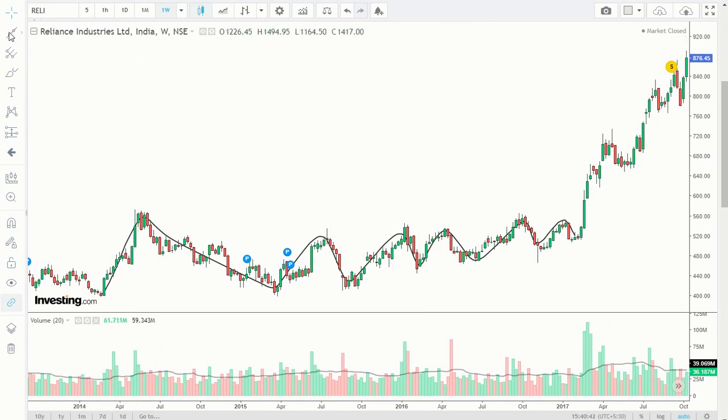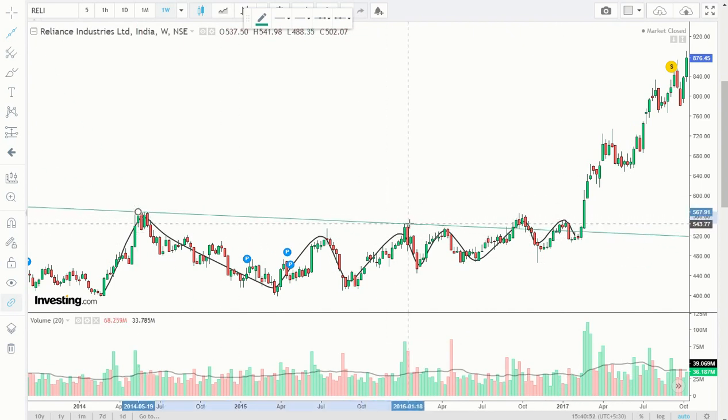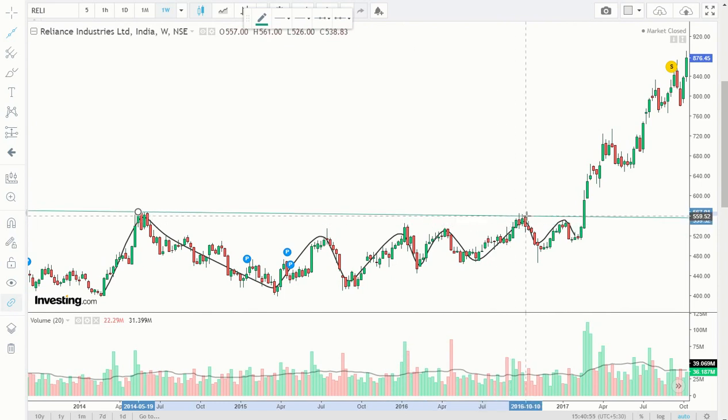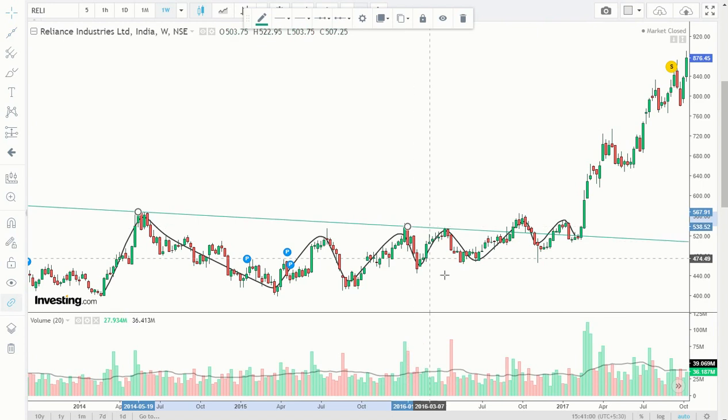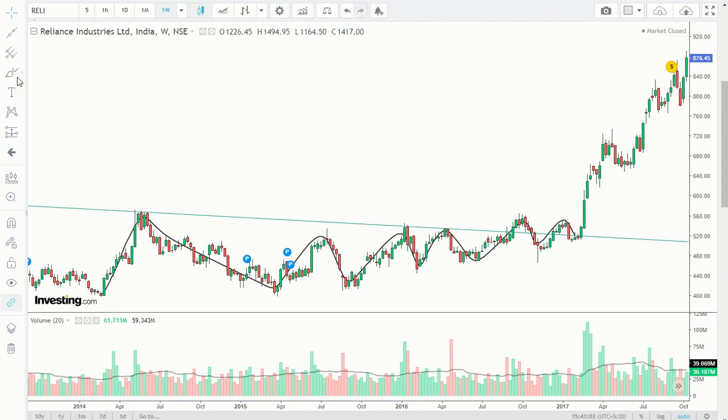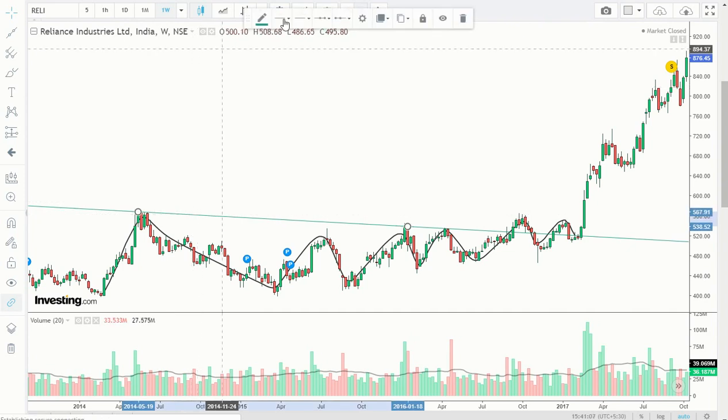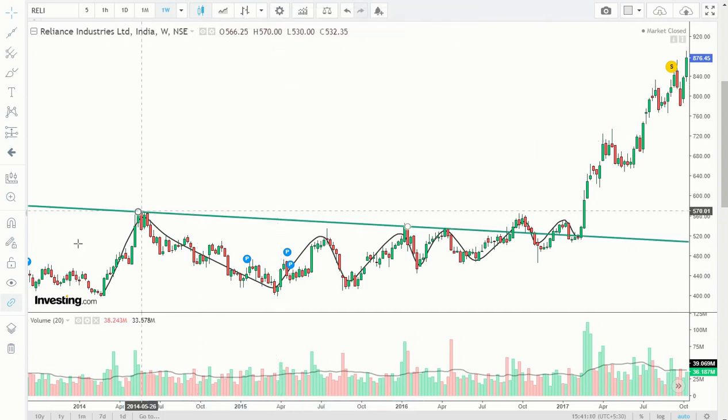Let's say I have to join a trend line. What I will do is, I am somewhere here. I will choose this topmost point, but it got broken here, so I'll choose this topmost point here and join this. So the idea is, till the time prices remain below this line, let me just bold it further so that you guys can see, yes, till the time the prices remain under this line, there would be a general tendency that the prices will go down.